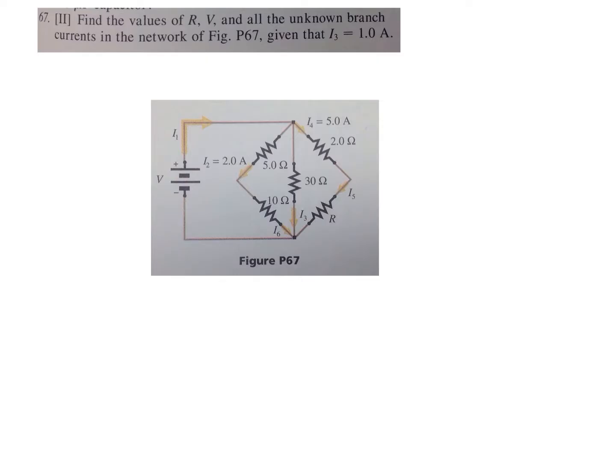Day 29, page 712, problem 67. So we started this problem in class, but let me just refresh your memory. They're telling us that I3, the current in the middle branch there, is 1 amp, but that could